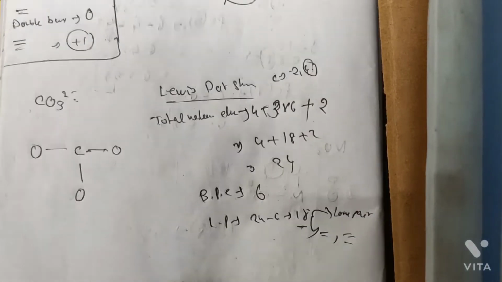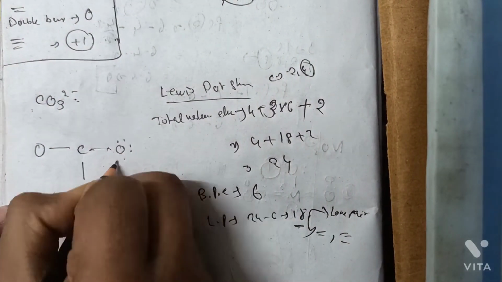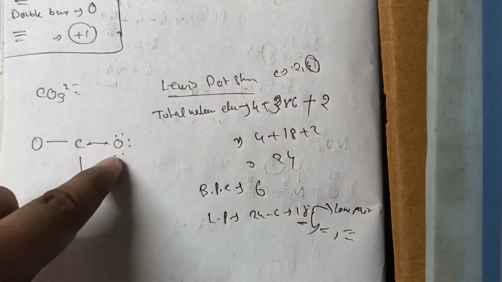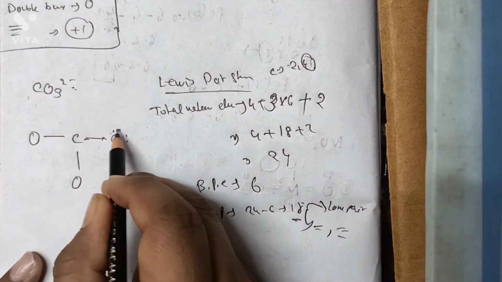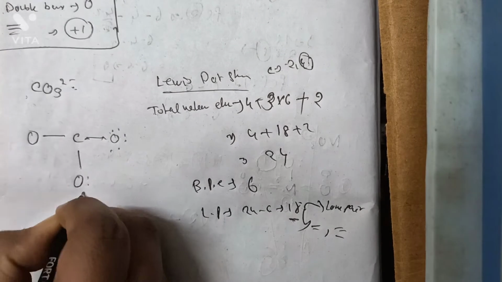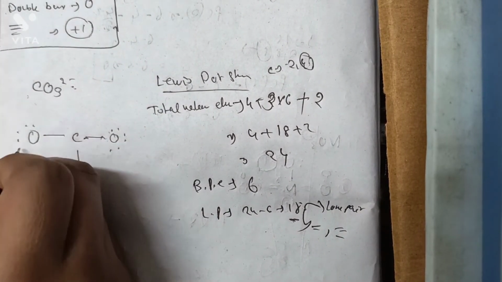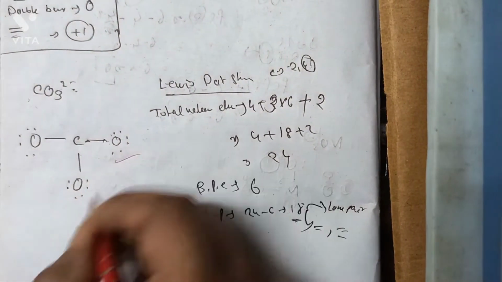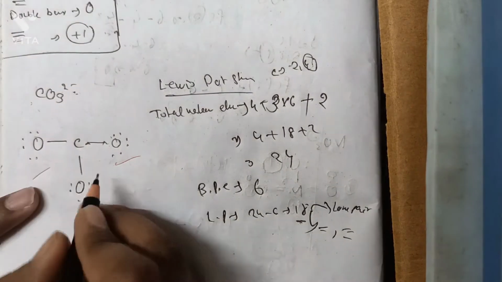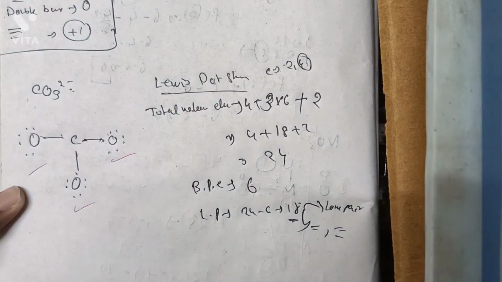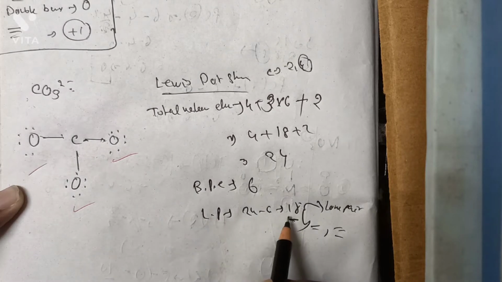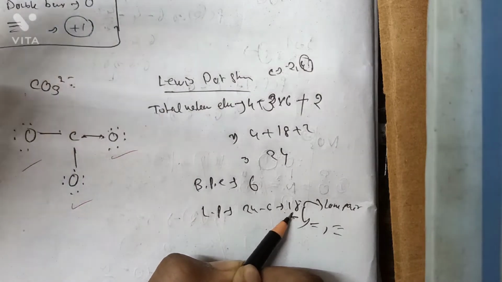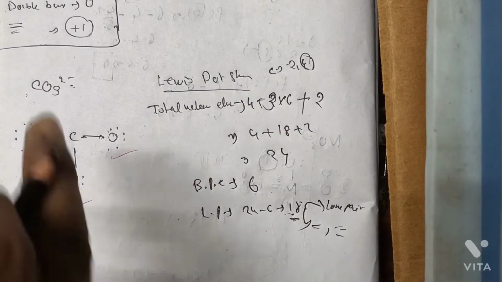If we give each oxygen atom 6 lone pair electrons, it can easily complete its octet: 1 2 3 4 5 6 7 8, and the same for the other two oxygens. That means the corner atoms have completed their octet. Now it's time for the center atom. We were given 18 lone pair electrons, but we have already used them. That means we can't give the center atom any lone pair, so we have to compensate for that.